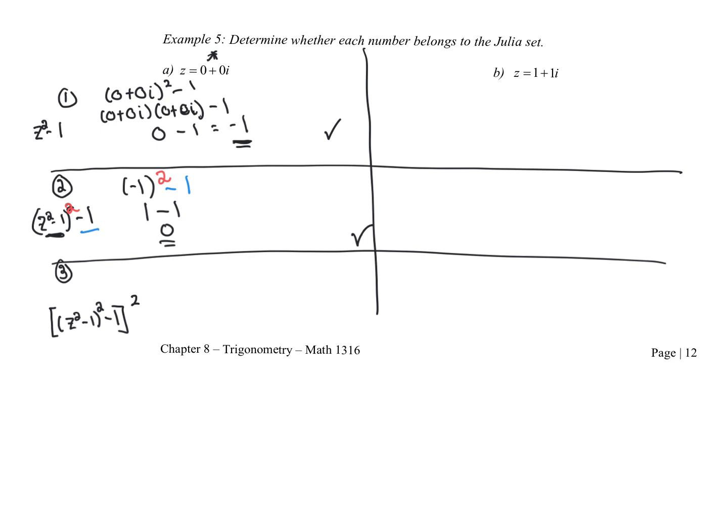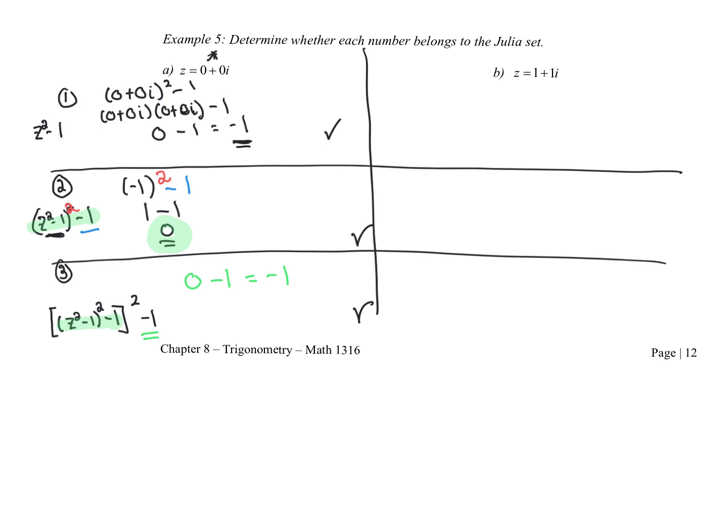So what I'm doing is taking this quantity from up here, which is right here, and then I'm just squaring it. And then I need to, after I square it, subtract 1 again. So if I go back up here, z squared minus 1 squared minus 1, the thing I highlighted in green, is 0. So I take my 0, and then I have to subtract 1 with it. That makes negative 1. Well, the absolute value of negative 1 is 1,